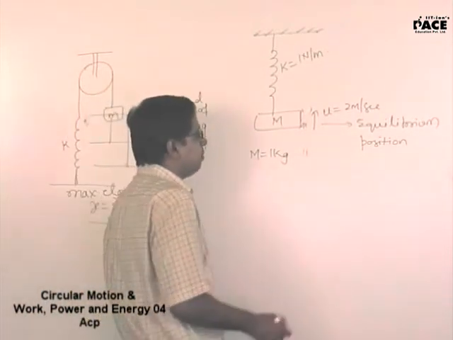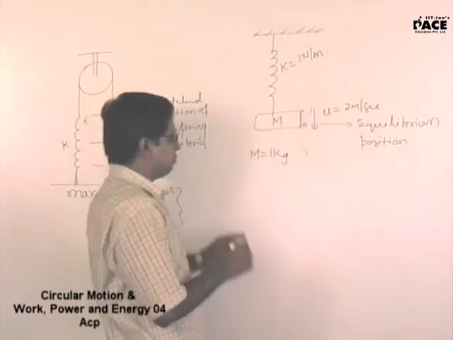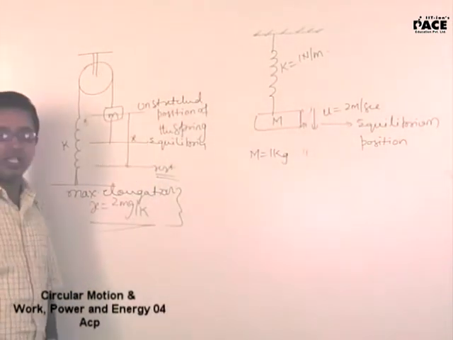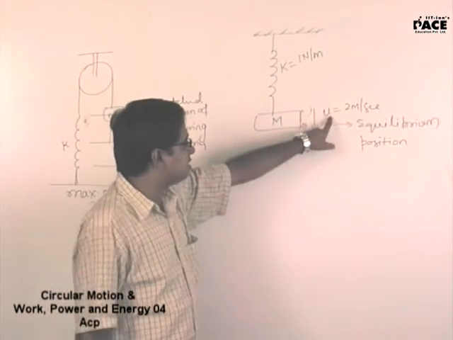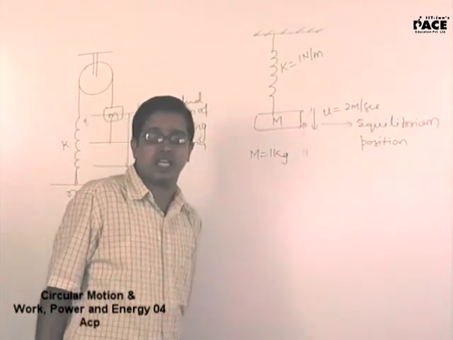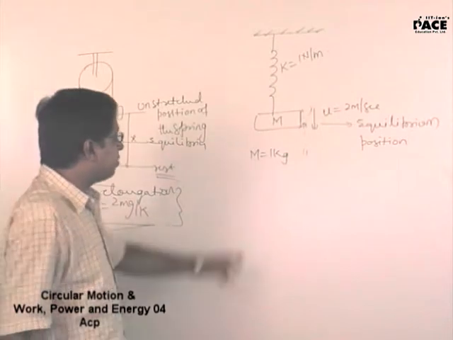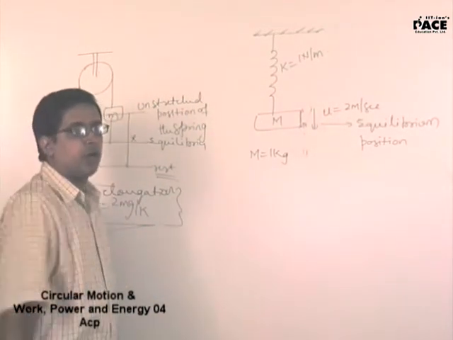I'll do one thing. I'll make the job a bit easy for you. I gave the velocity in the downward direction. Right? An impulse struck it such that at the equilibrium position it is given a velocity of 2 meters per second. Find the maximum displacement of this particular block from the equilibrium to what distance will it go down?